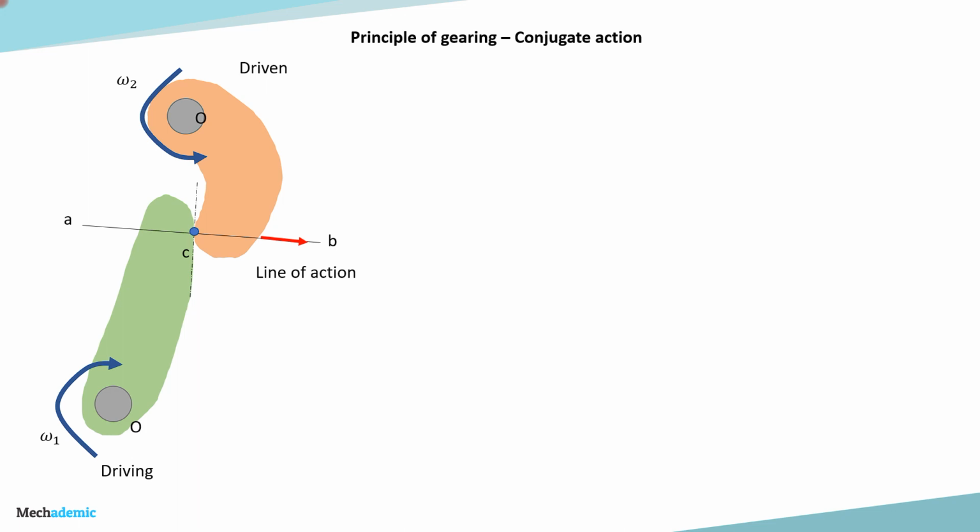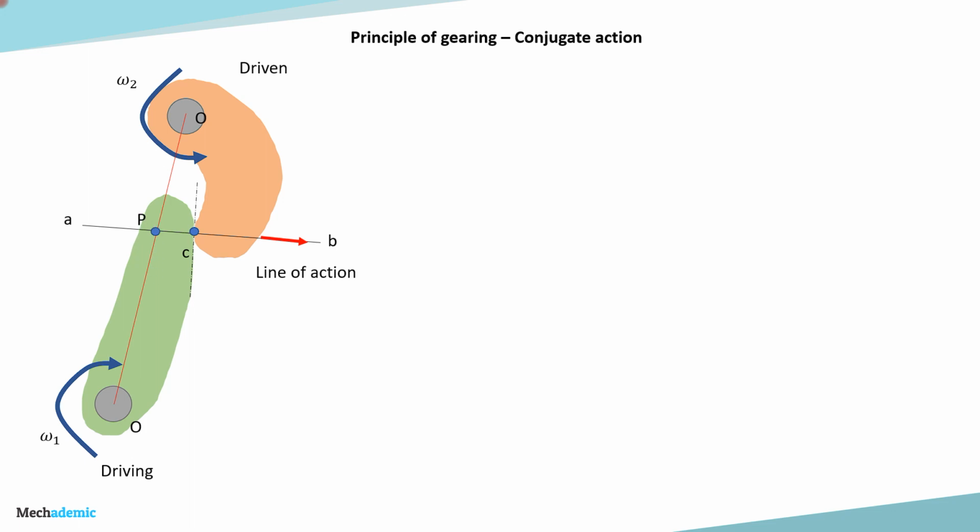So the point C, which is coincident for both, has the same linear velocity along the direction of the line of action, which is AB. So the velocity is in the direction of the red arrow. That linear velocity is the same for both the cams. And that is proportional to the radius of the two cams and their angular velocities. So if you are connecting a point between the two centers, between the two rotating centers, and we are finding the intersection point between the line of action and the connecting center to center line, this is called the